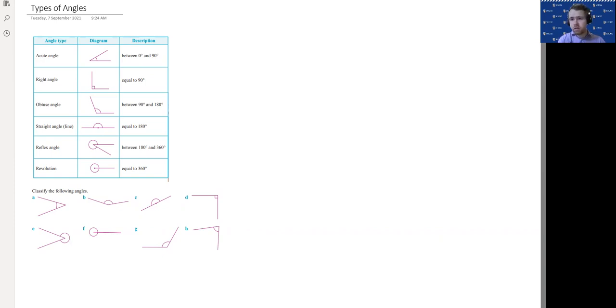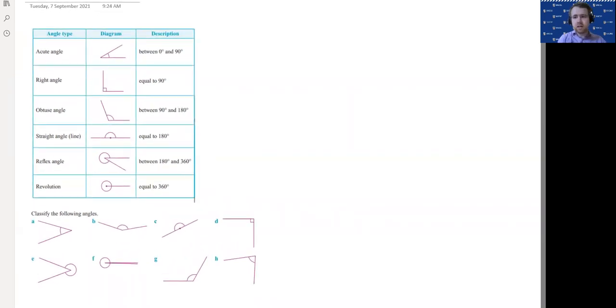Now, you may be familiar with some of these. You might have done some of this in primary school. So we're just going to cover these different words today. These types of angles are basically the names that we give to angles of a particular size. We measure an angle with degrees, and a full revolution